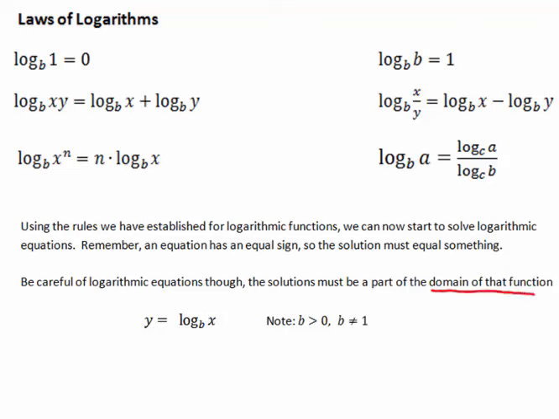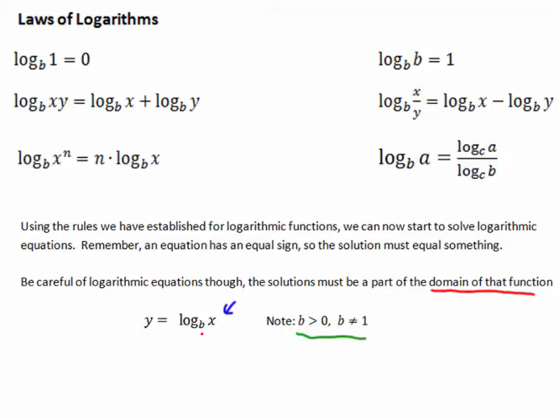There are restrictions on the base and the argument. The base must be greater than 0 and not equal to 1. And remember, the argument must be positive. We're going to keep that in mind as we solve these equations because our solutions could potentially be extraneous,